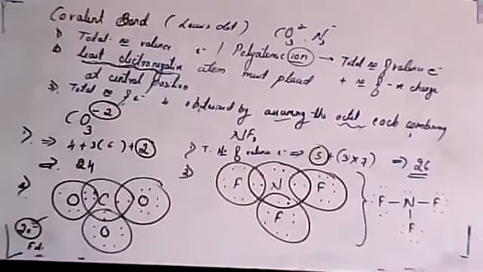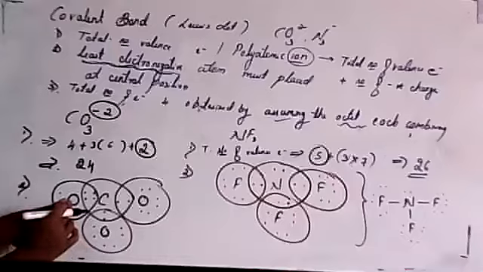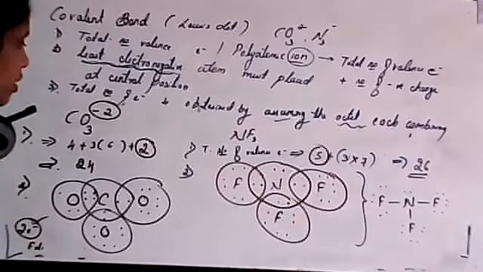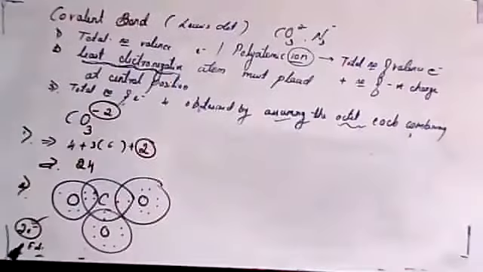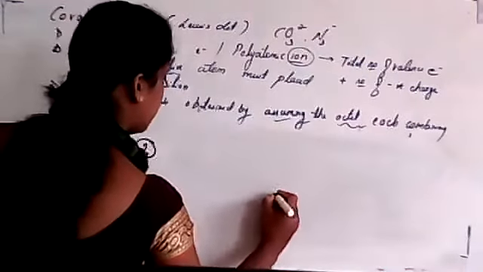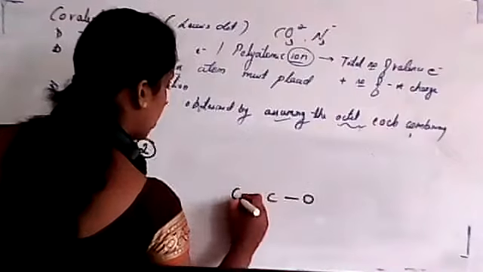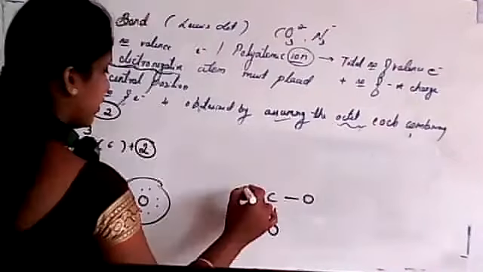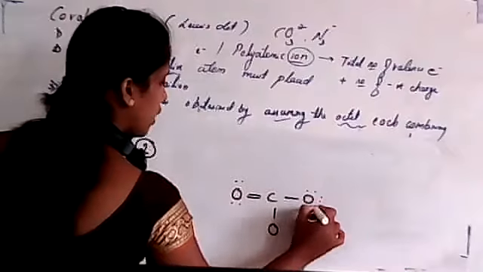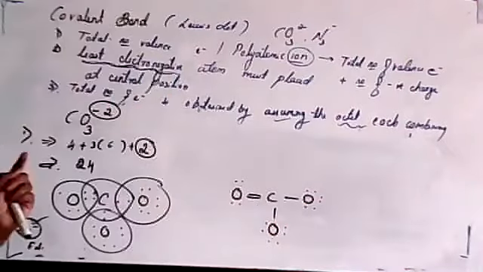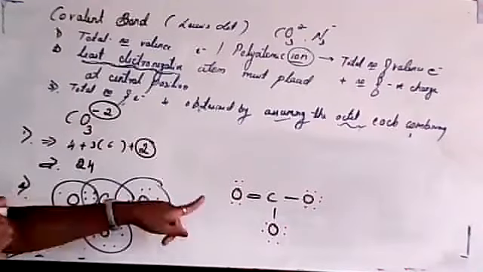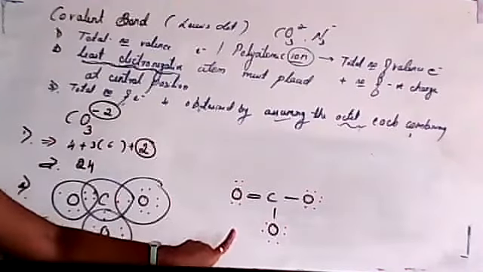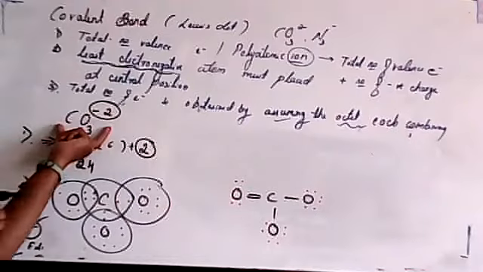But if you write only this much, it is wrong. Why, student? This is basically right, but if in case we write carbon, oxygen double bond, oxygen single bond, oxygen, with 1, 2, 3, 4, 1, 2, 3, 4, 5, 6, 1, 2, 3, 4, 5, 6, it is wrong. Why, students? If I write only this much, this is the wrong Lewis dot structure for CO3 minus 2.